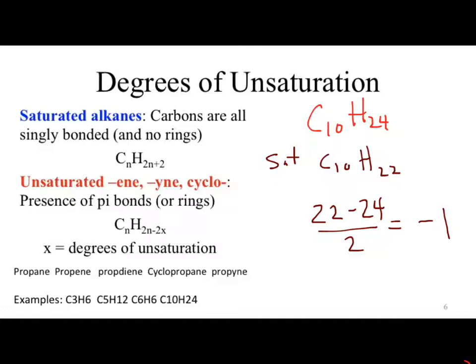Our initial formula was wrong. That is not physically possible, to put that many hydrogens around that structure. We cannot physically do it. 22 minus 24 is -2 over 2. Oh, I'm like, where'd you get that? I was going to write -0.5 if that made you feel better. That's -2, that's not